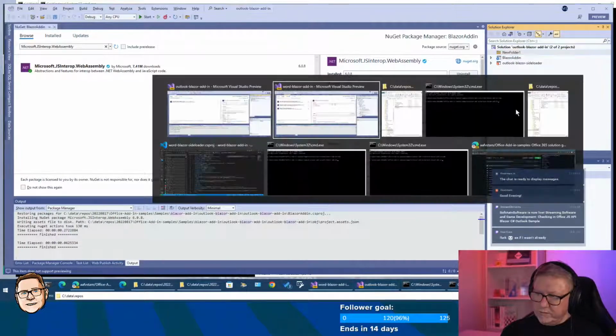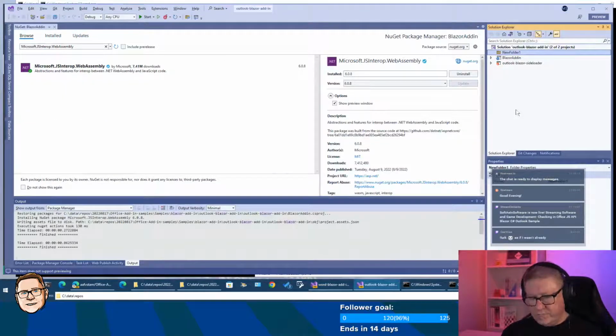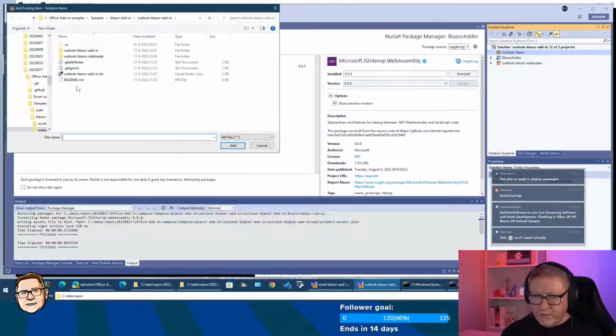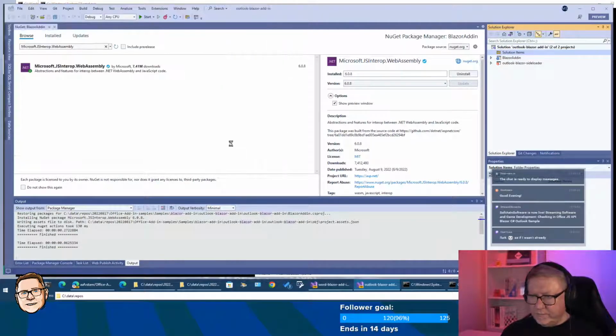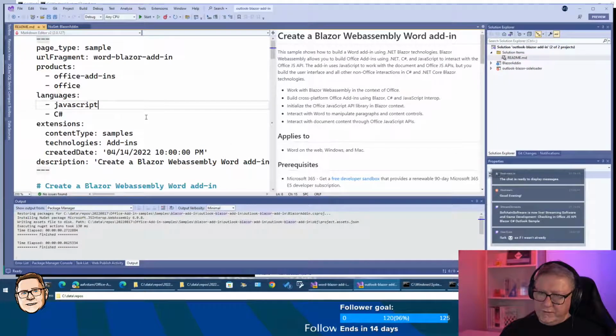What is it called? Solution items. Solution items. Items. Then add existing item. README. And that needs to be